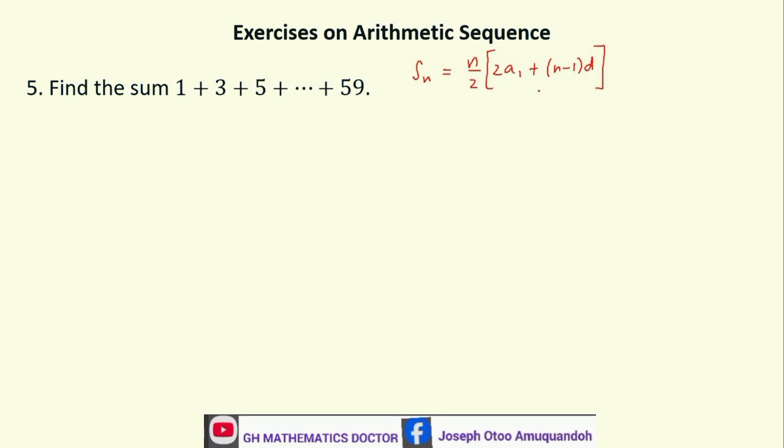Alright, so let's come back to our question here. We have our a to be 1, the common difference obviously to be 2. Then our n is not given, so we need to use the first formula to find the value for n before you can make the substitution into the formula for finding the sum of the sequence. So note the first formula down here